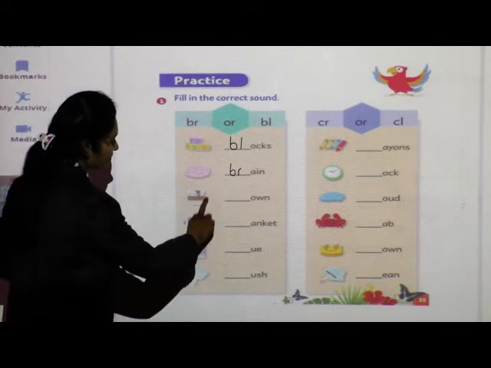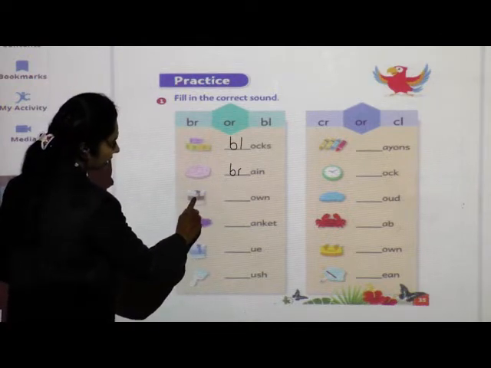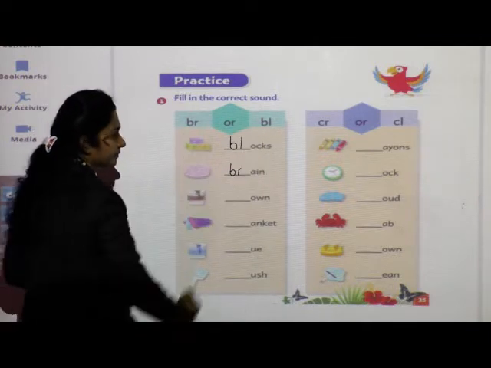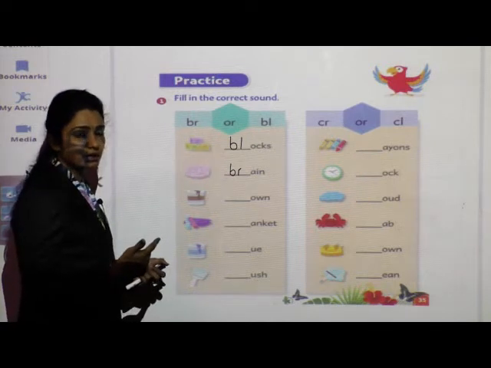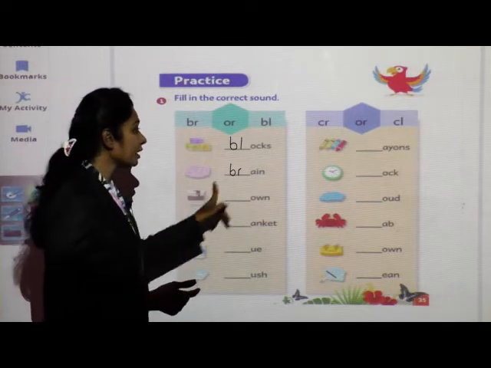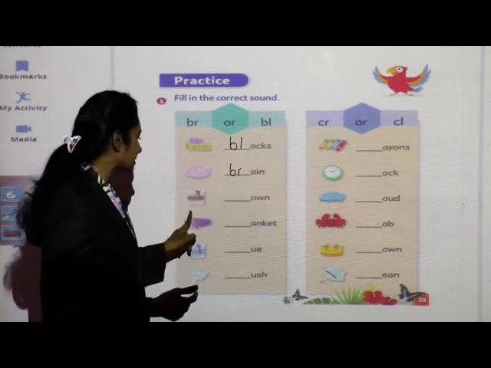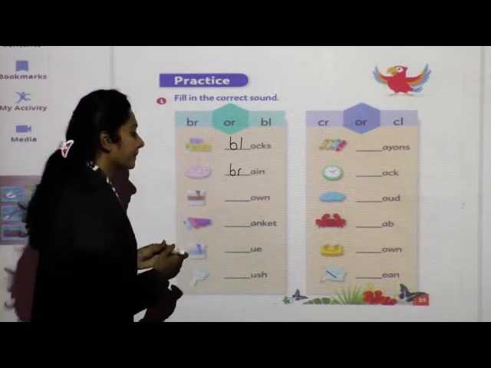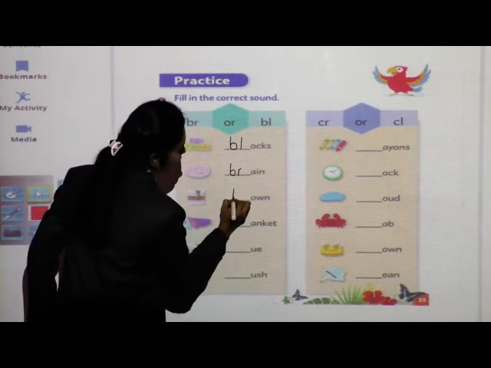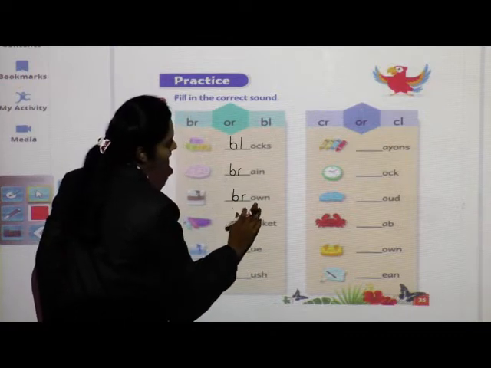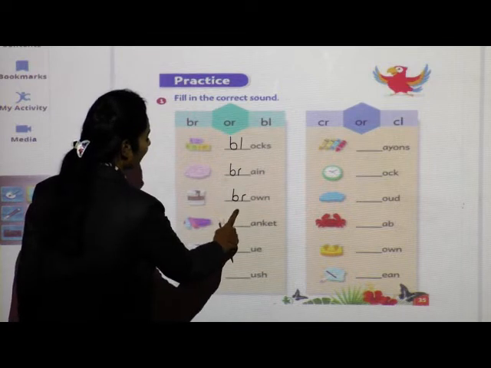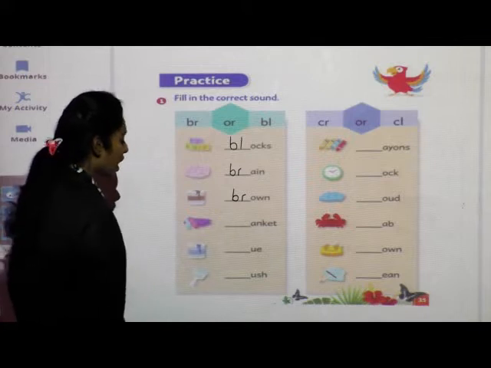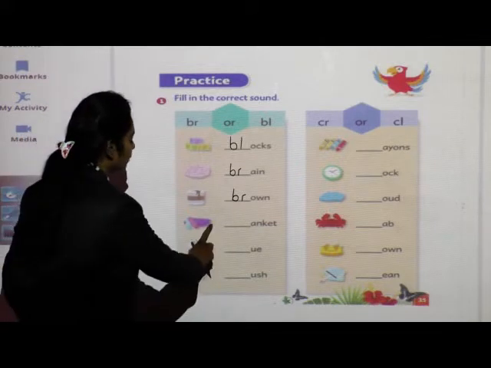This picture is one color. If you will see in this box, this is a color. So what is the name of this color, children? Is this related to br or bl? Come on, read those words. Yes, brown. This is related to the br digraph. So what is the spelling of brown? B-R-O-W-N, brown. Yes. Come to the next picture.